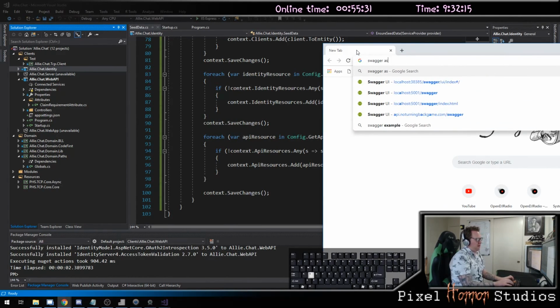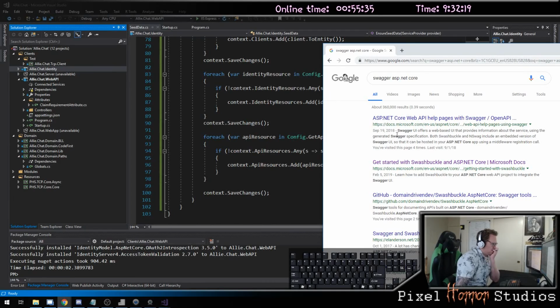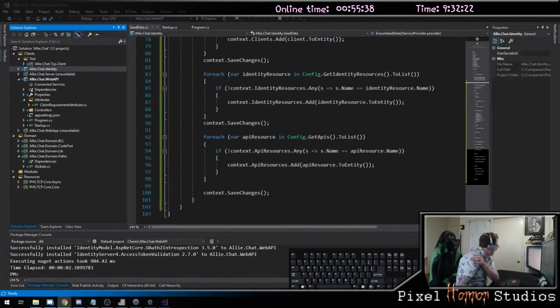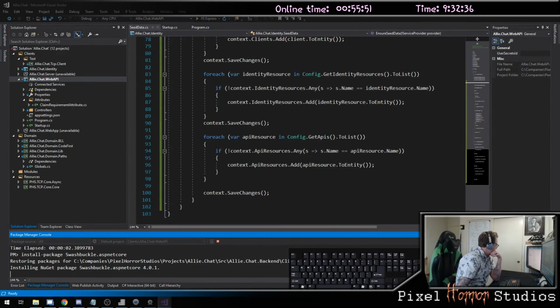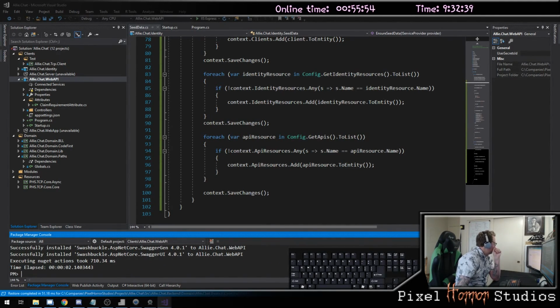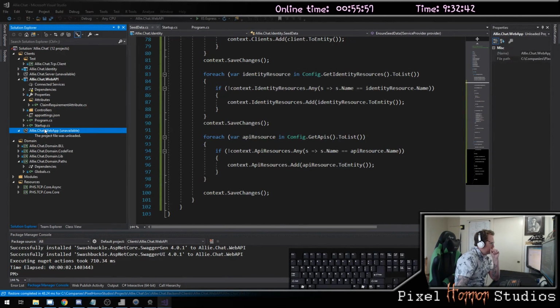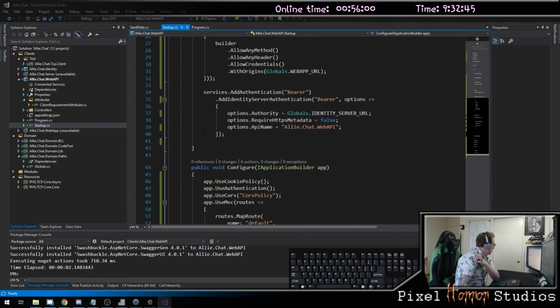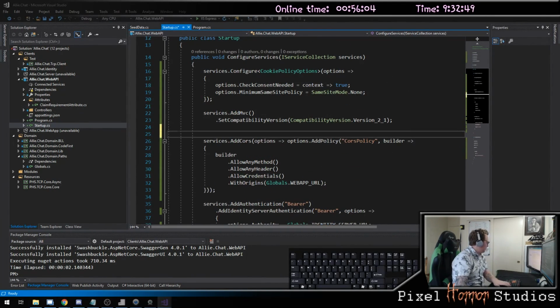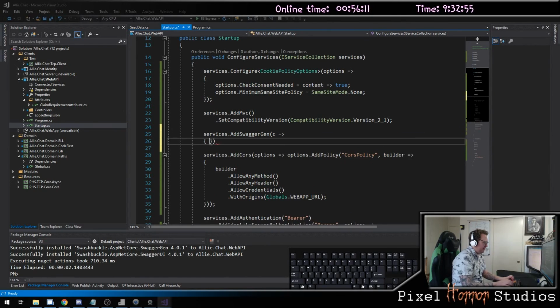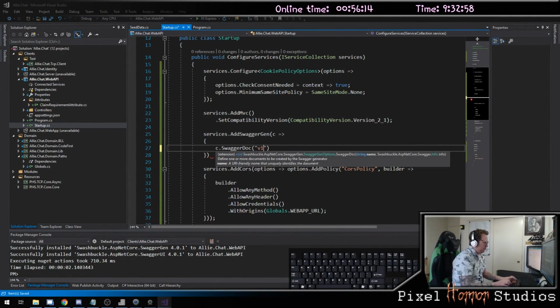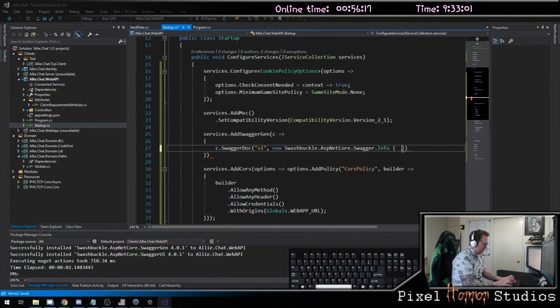The next thing that I want to do is put Swagger on that. So we want to look up Swagger ASP.NET Core. And I'm going to install this package on the web API here called swashbuckle.ASP.NET Core. And then in my configure services, after add MVC before cores, we'll do a services.add Swagger generation of a new Swagger doc called version 1,